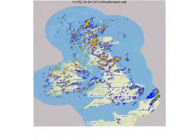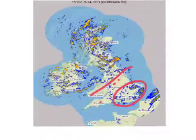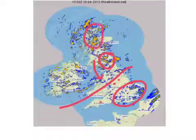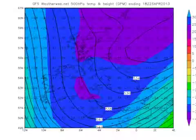Now, by 4 o'clock this afternoon, showers were starting to fade a little bit through parts of the Midlands, through Wales and the southwest, but a clutch of showers moved down through East Anglia and the southeast, and the main area of showers has moved a little bit further southeastward, with some very heavy ones across northern England and across Scotland. And looking at the 500 millibar chart, we can see the trough has become a little